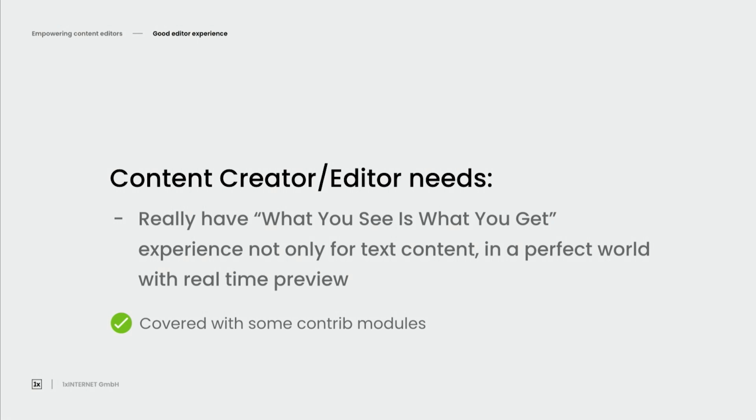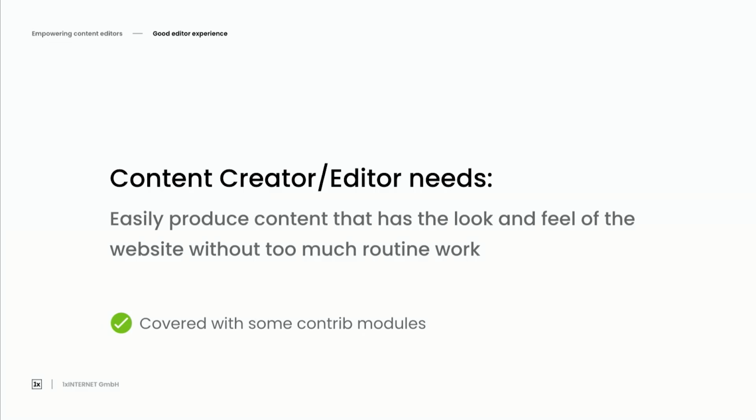Once again, not only with text content, but really when it comes to all of the content on your page, all of the different components, images, all of this, we should be able to see this kind of immediately as we're making these changes, and this can really provide that extra value to these editors. I'll get back to you.